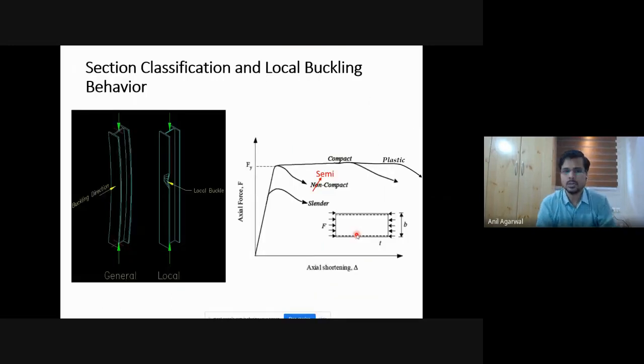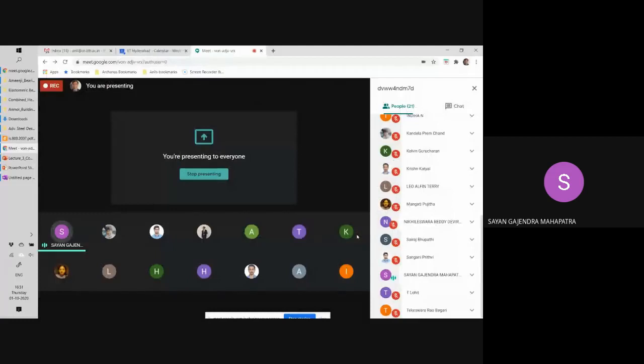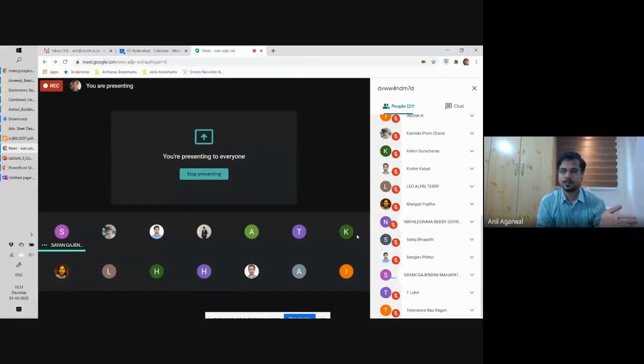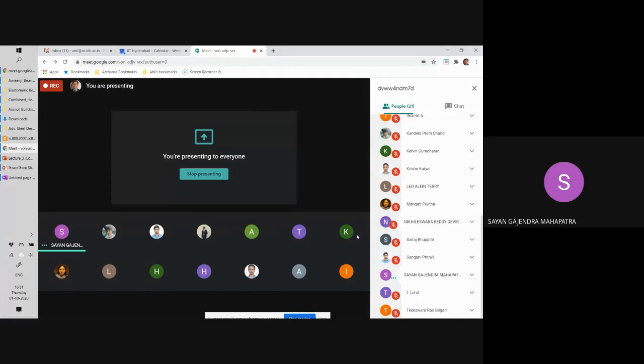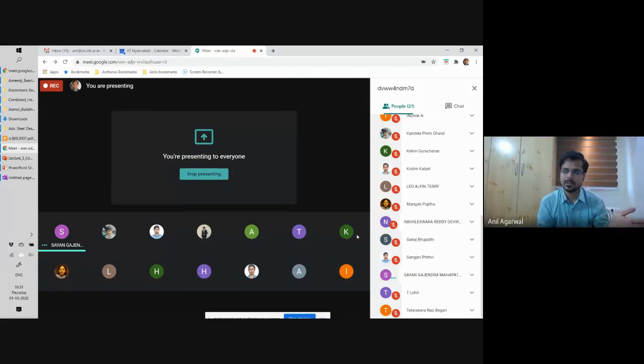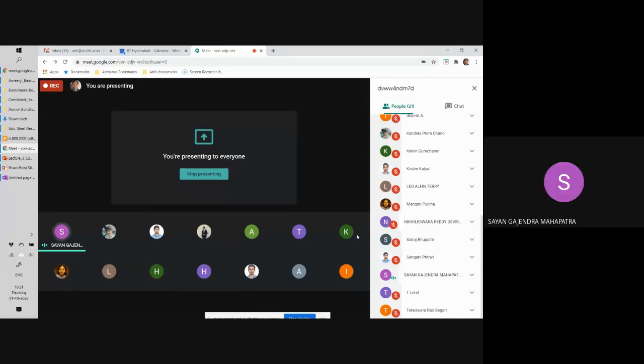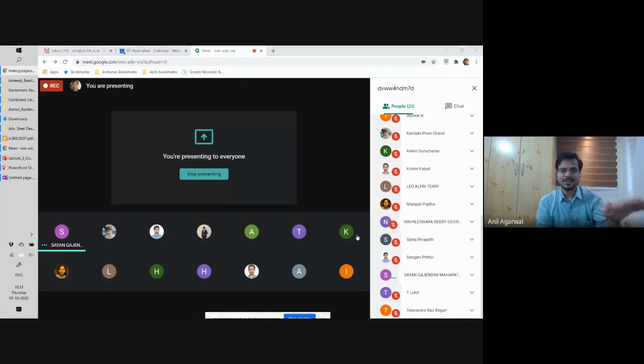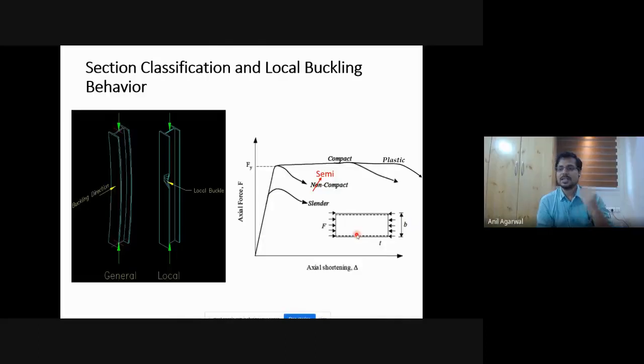So local buckling is a phenomenon that depends on, again, one material property. Which material property is it that governs local buckling? Shayan? The slenderness ratio. Slenderness is not a material property. Young's modulus, yeah, same answer. So yes, it is the Young's modulus, the elastic modulus, that governs all kinds of buckling.